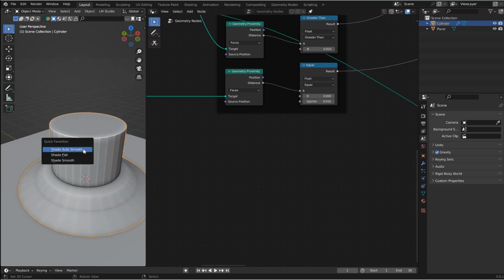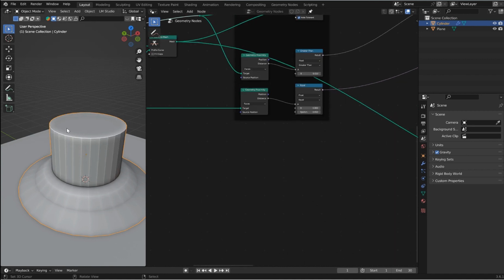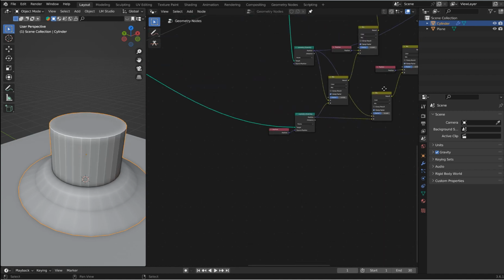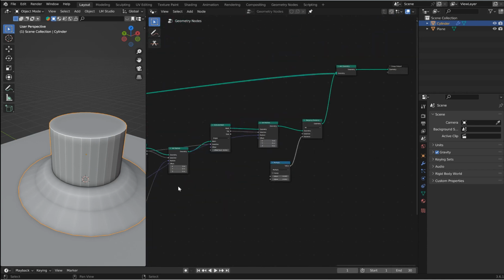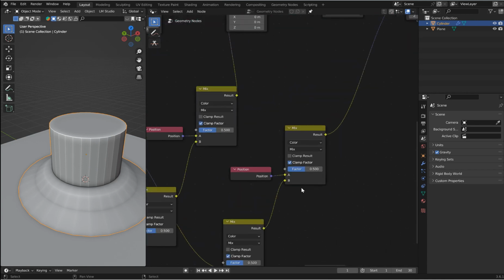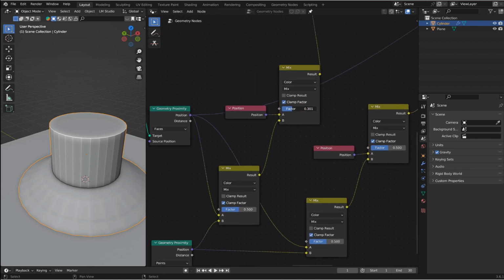Okay. Actually, I'm curious. I haven't tried this yet. I want to see if the auto smooth works. Maybe a shade smooth. Oh, you're going to shade that flat for now. You can do that in the beginning if you want, kind of play around with it, and you can set shade smooth. You can capture the attribute and throw it around if you want. This is just for the demo purposes of figuring out how to make your own bevel modifier